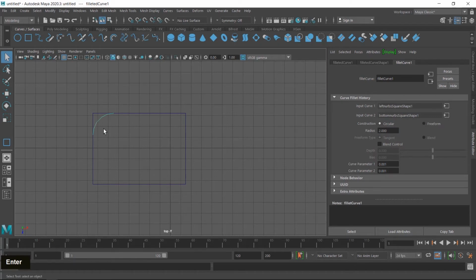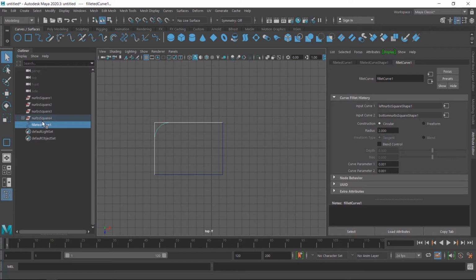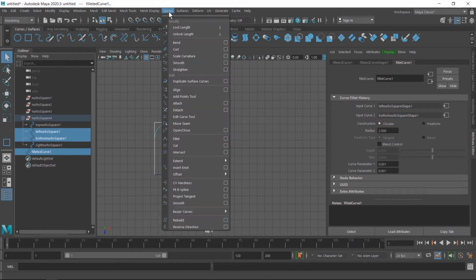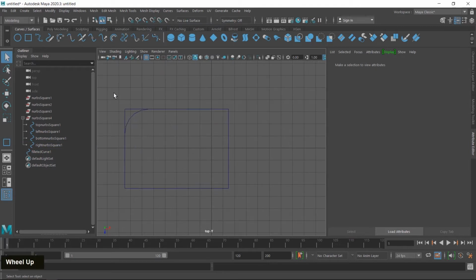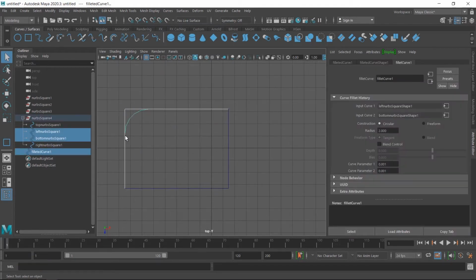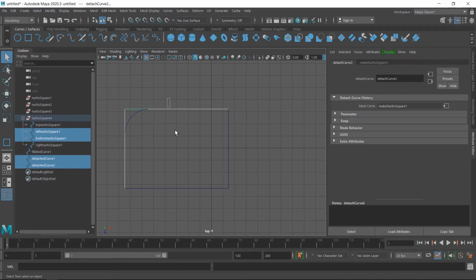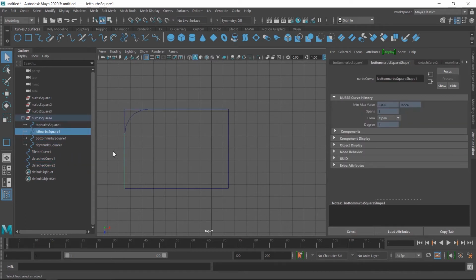The fillet is increased. The next step is we attach this fillet with the boundaries and delete this corner. So I select all three elements, or I click in the outliner so we can see the three elements are selected here. Then go to curve and then click on the cut tool. The cut tool creates a cut where this fillet touches the boundaries. So I select again and then go to curve and then click on cut. So the cut creates separate shapes. I select this corner and then delete.